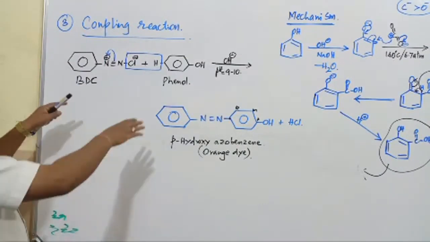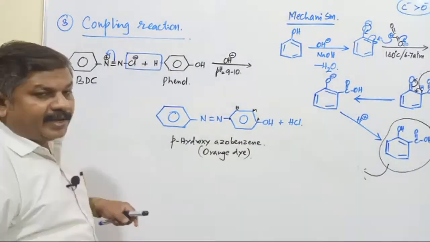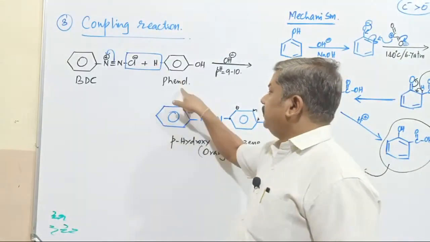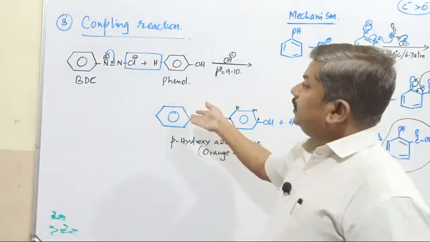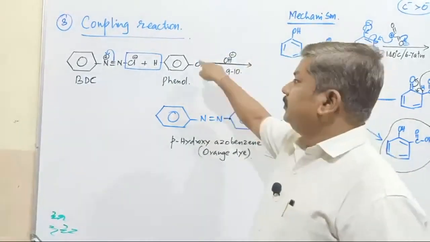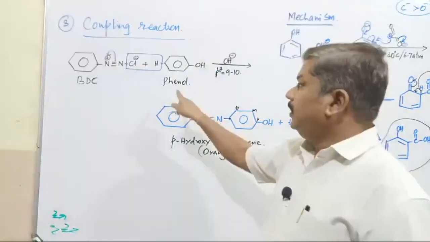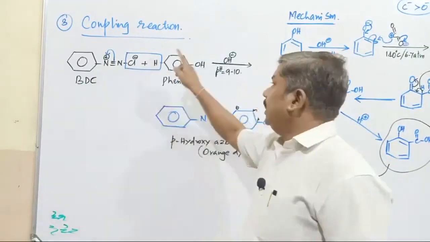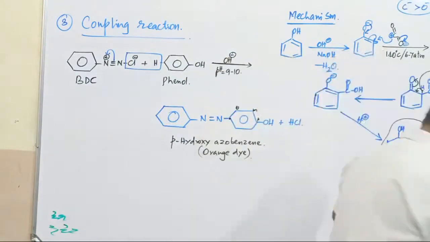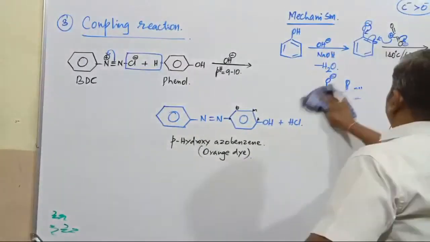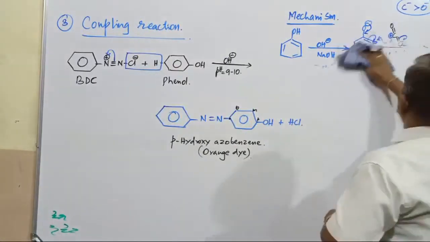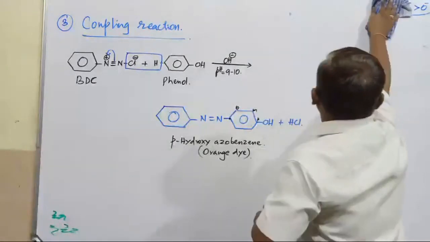Coupling reaction. Again, we have to discuss the same reaction in case of organic compounds containing nitrogen, especially diazonium salt. There, diazonium salt combines with phenol to form para-hydroxy azobenzene. Then also it is called a coupling reaction. Here, we are discussing this coupling reaction with respect to phenol. Phenol reacts with benzene diazonium chloride in basic medium to form para-hydroxy azobenzene, and this reaction is known as coupling reaction. Right? When two rings are joined in the presence of nitrogen, it is called an azobenzene compound.